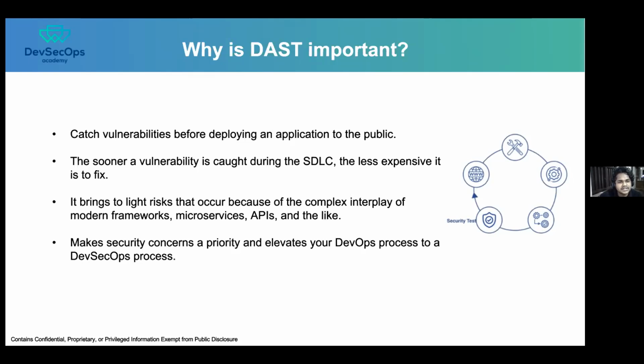So the first one is, you can see, catch the vulnerabilities before deploying an application to the public. Like Abby said, once the application is released to the public, it's there in the public, right? So live users are using it, and users are doing operations and storing data. Whatever the application is intended to do, it is live, and it is out in the public. So if we didn't check for vulnerabilities, like vulnerability assessment and penetration testing,